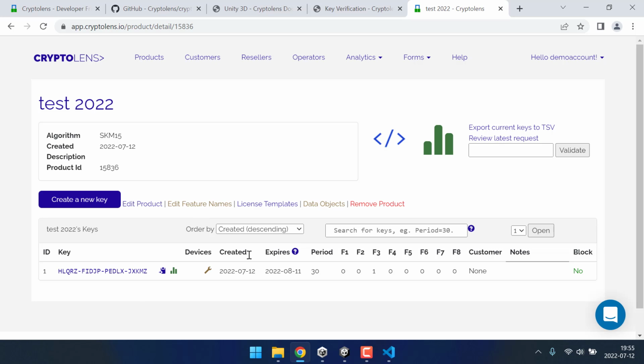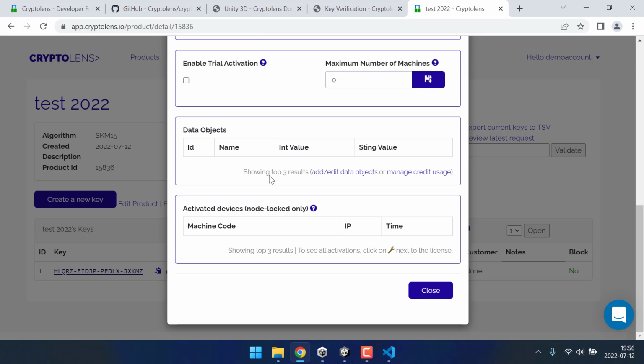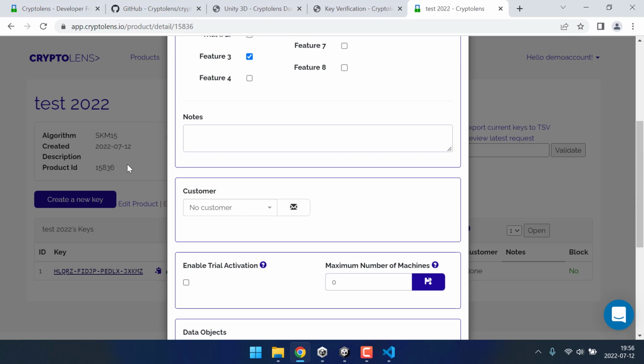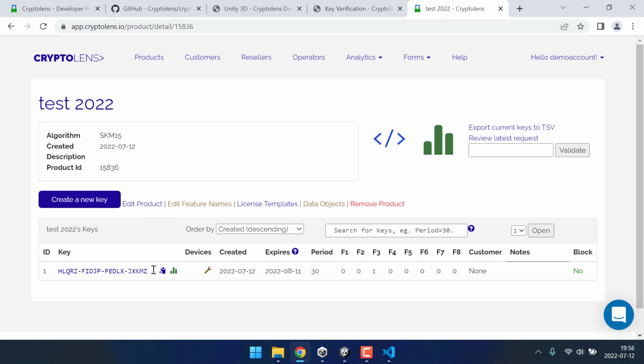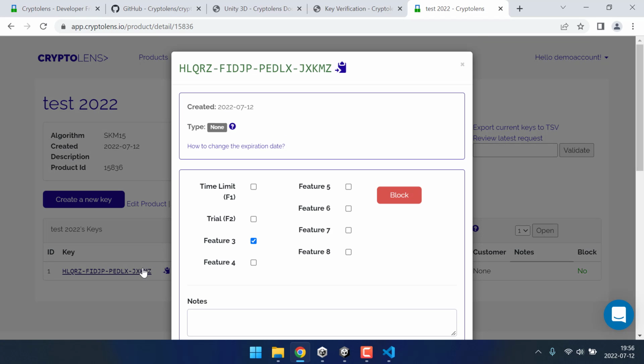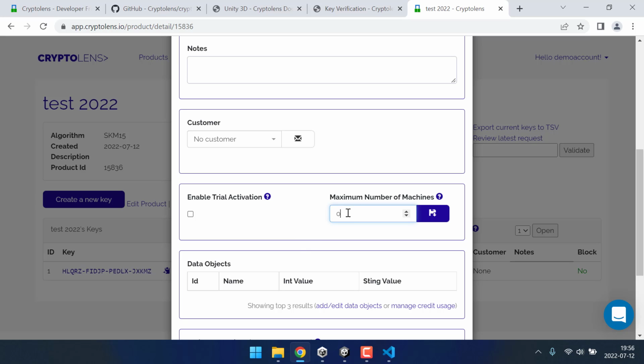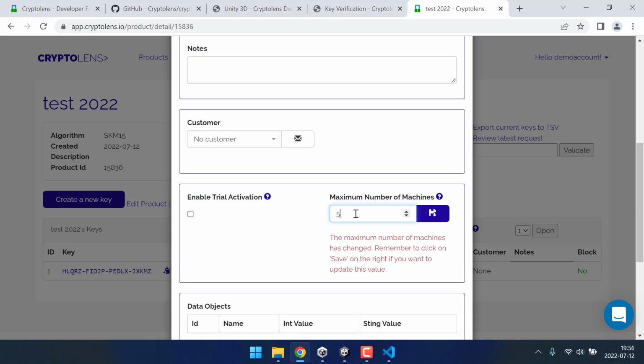For example, when it will expire, other features, customers, devices that are associated with that license, expiration date. There are even custom variables you can add. So there are different things. One important thing I also want to add here is that if you want to have a restriction on how many end users, for example, devices, or depending on the way you define end users, then you need to set this maximum number of machines to a value that's greater than 0. So for example, if I set it to 5,